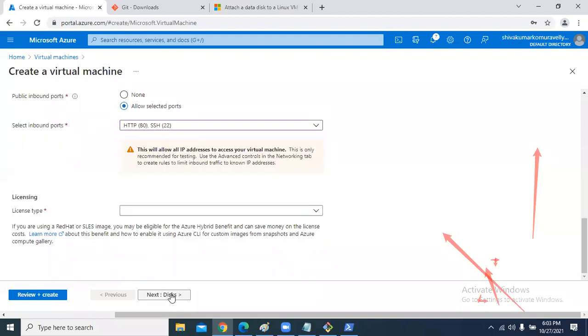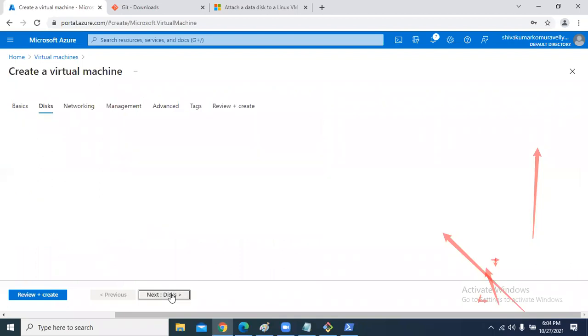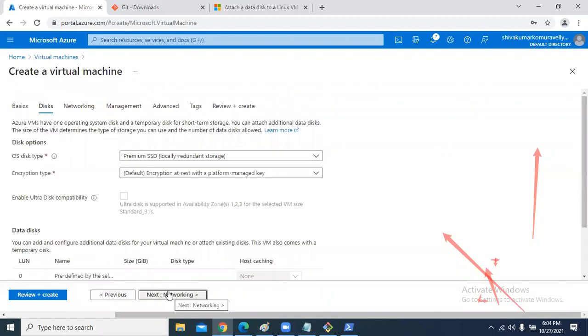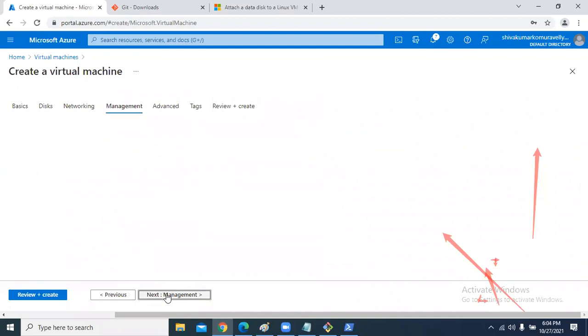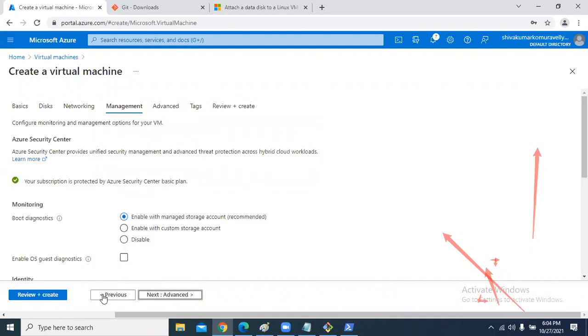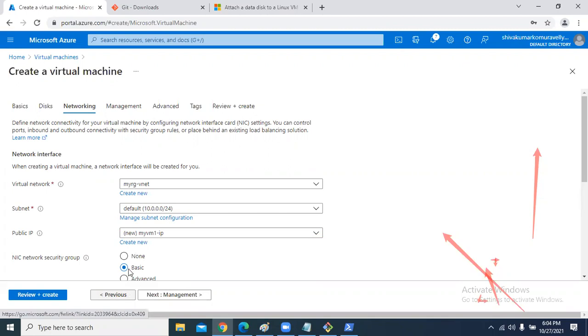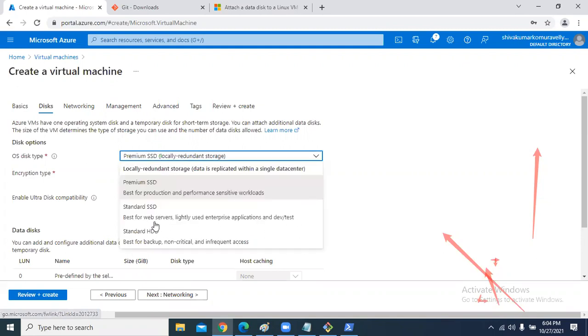Click on disk. Networking. Management. In the disk section, we have to choose something like ordinary disks, HDD.